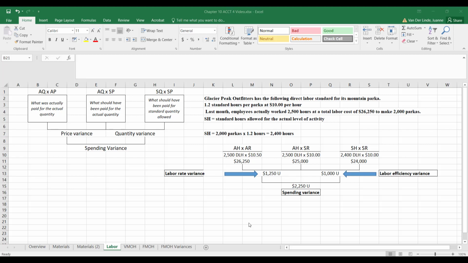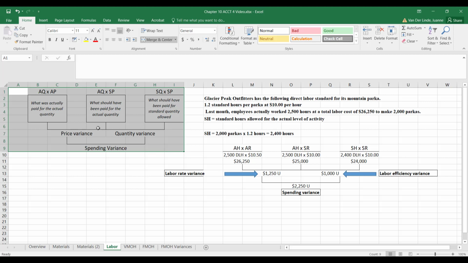In this video, we're going to calculate the labor rate variance and the labor efficiency variance. Both of those are basically your labor price variance and your labor quantity variance, but those are the proper terms for those two variances when you're talking about labor. So I still have this general diagram here, our multi-purpose diagram to find all of our different price and quantity